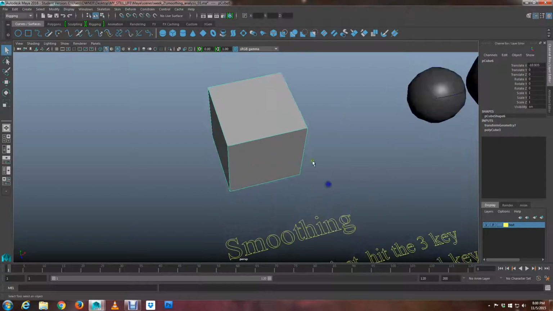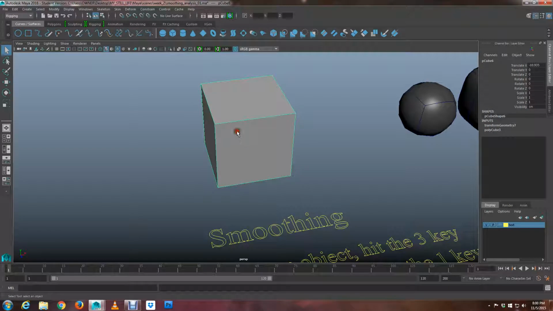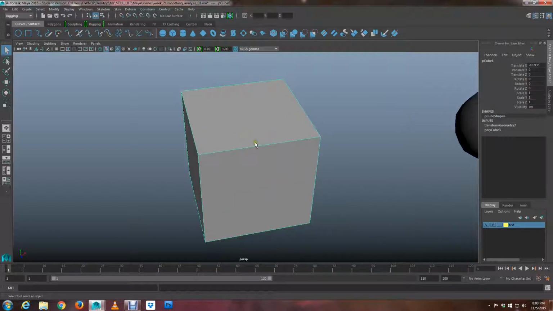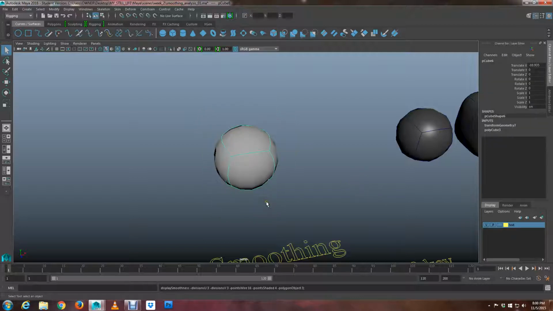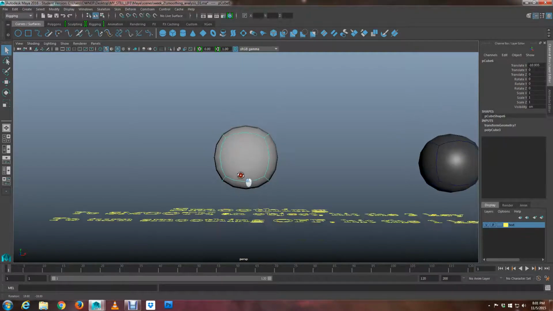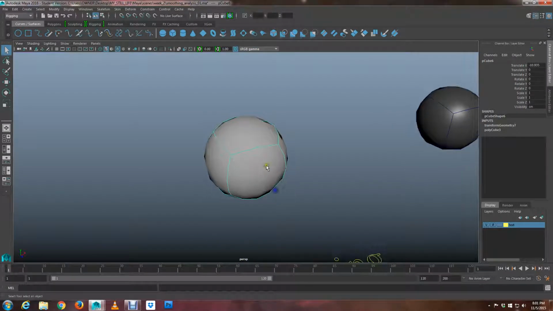Okay, so I have a cube here, and I'm just going to hit F. With this cube selected, if I hit the 3 key, it smooths the cube. So what's happening here? What is Maya doing to make the cube look like a sphere? Well, what it's actually doing is,